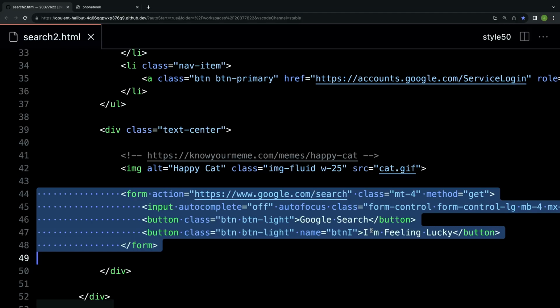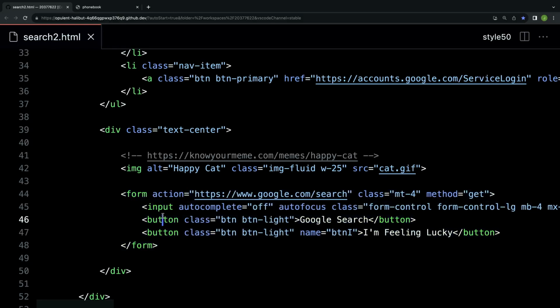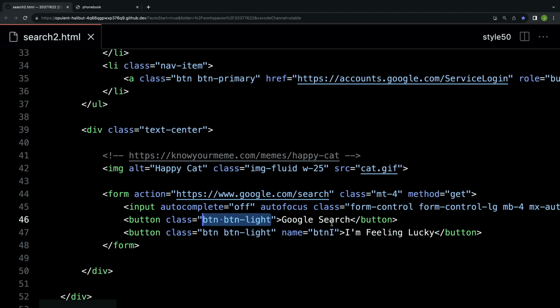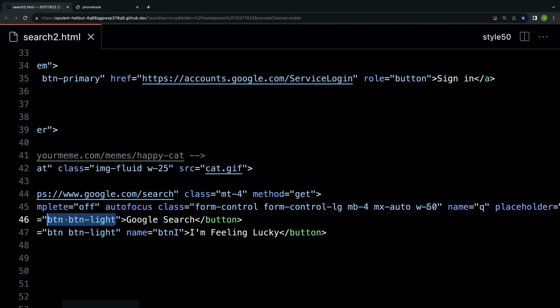They generally create a whole bunch of classes that you can use and reuse, but they figured out all of the relevant properties. So for instance, for my Google search button, I've given it 2 classes, a class of button, BTN for short, and button-light. These are not standard HTML or CSS things. These are Bootstrap names that they invented, just like I invented centered and large and medium and small. I've also specified that there are a whole bunch of other classes associated with pretty much every tag in this